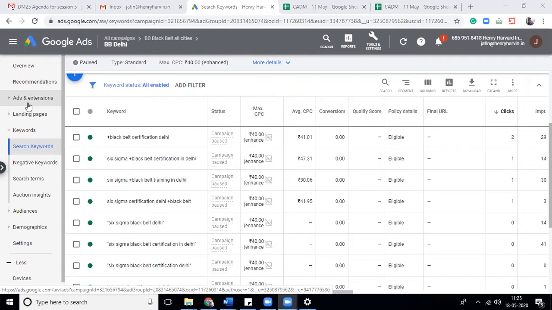Why not a single ad? There is a simple reason for it: whenever you set up a single ad, you put all the points related to only one thought process.